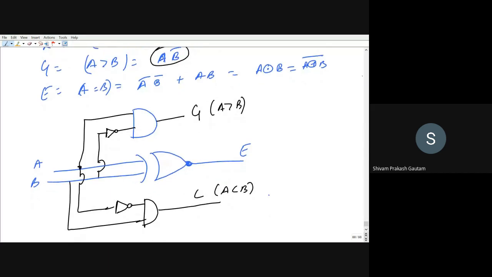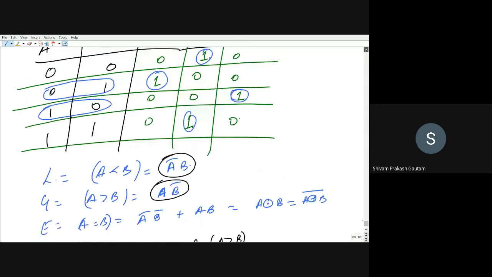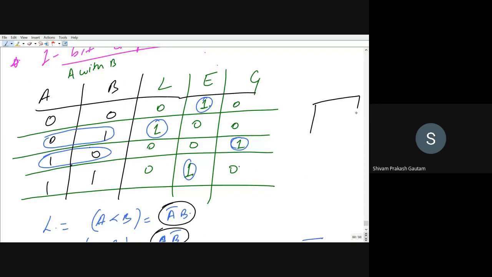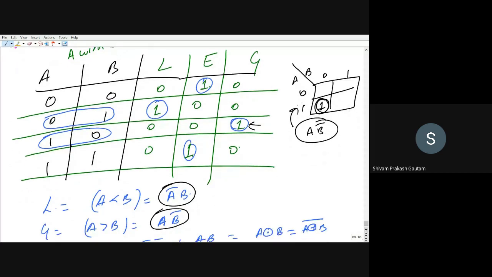You can solve it from K-map as well. If you want, you can solve it by K-map. So there are two variables. You can see AB. This is 0 and 1, 0 and 1. For greater, if you want to solve, you can see it is 2. This is 1. So you can group it. So this will be A, B bar. Are you getting this? You can solve it by K-map as well. Just here, the logic is directly visible, so I have written here like this. Is it okay?